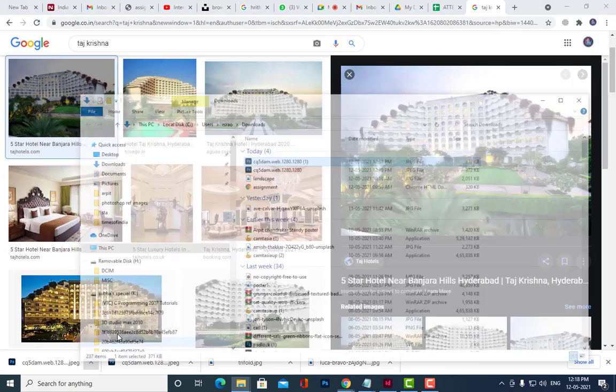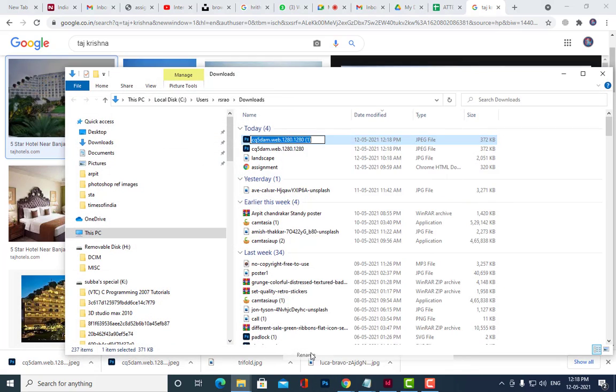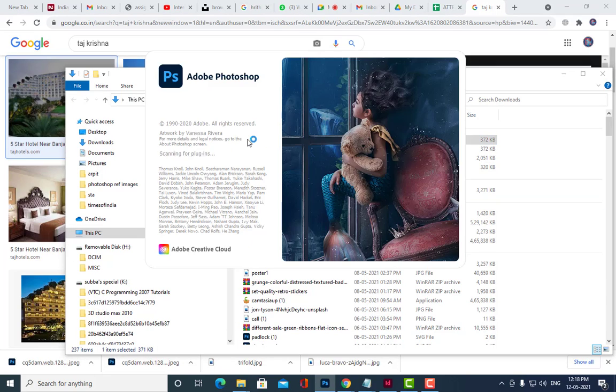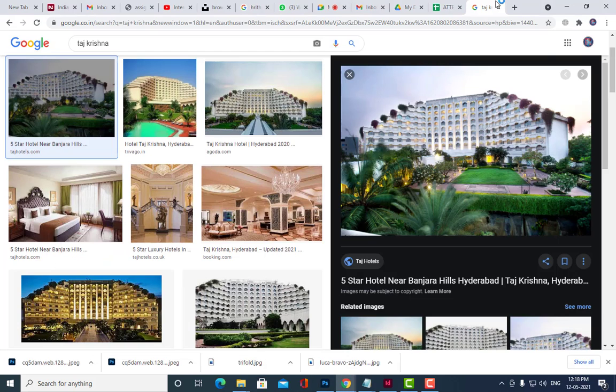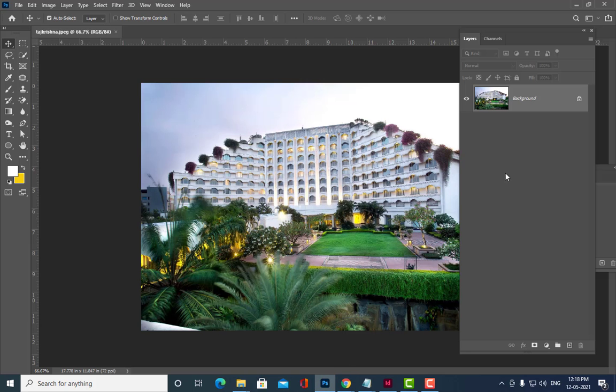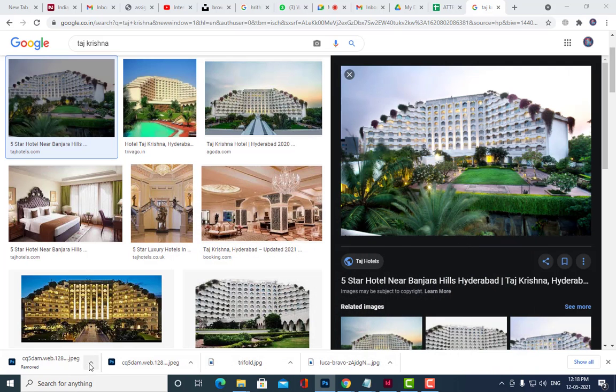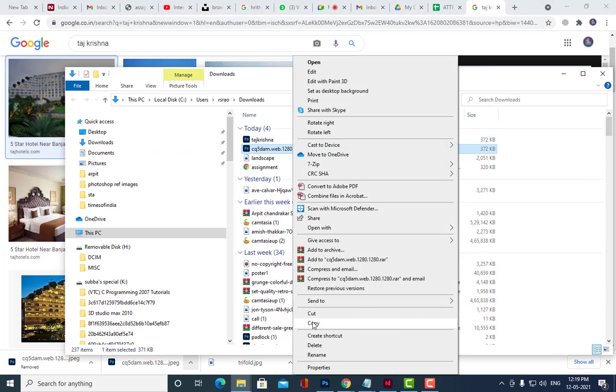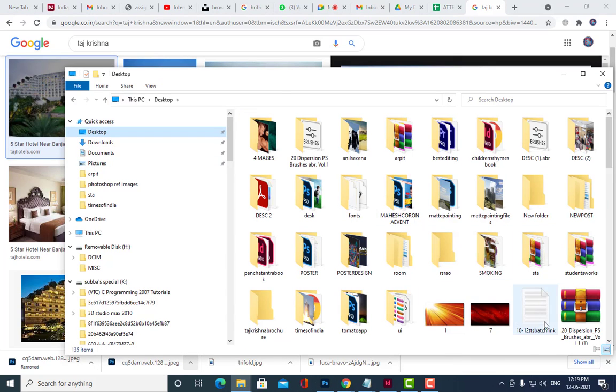I think we need a JPG file. Is it a JPG file? Yeah, it is a JPG file. Okay. So we'll just copy this, and we'll put it in a folder. So where is the folder?